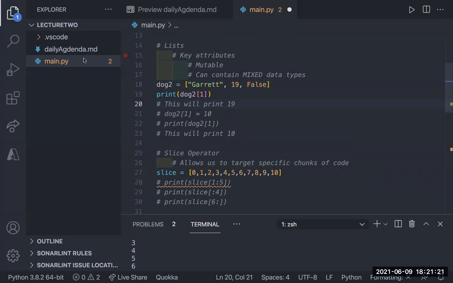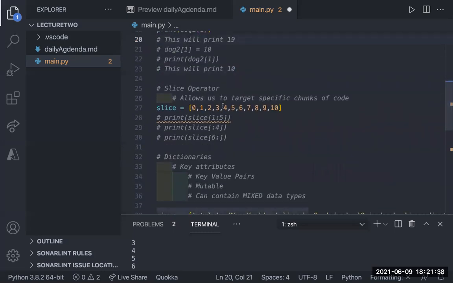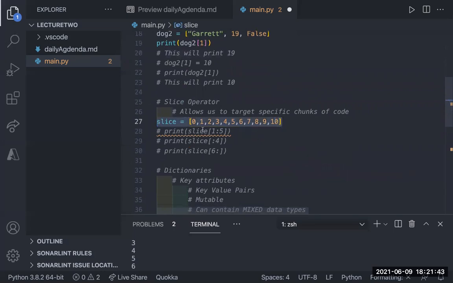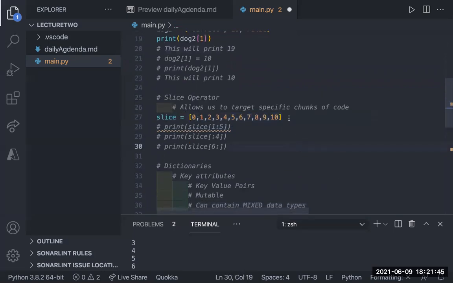So the way we've gone through any sort of thing in a list is we have iterated through it, right? Like if I have this right here, the slice, a list of 0 through 10.